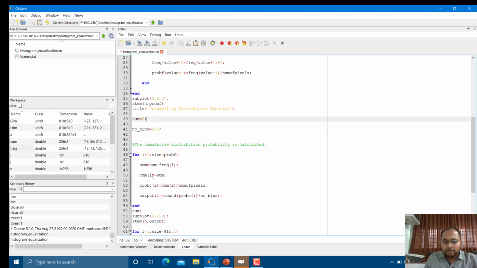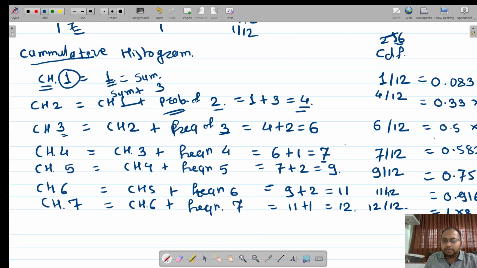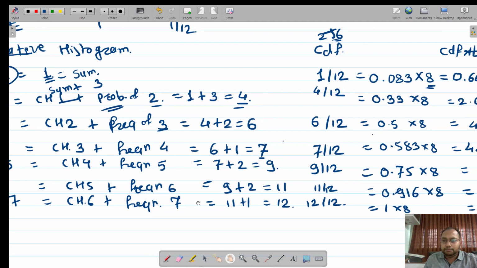That means whatever the value is there, we are going to divide it by the 6.56 M size, mega. By means of that we divide it and finally make a rounding off of it, and multiply by the number of bits. So this probability step, we have done over here. This is the step that we have done over here.